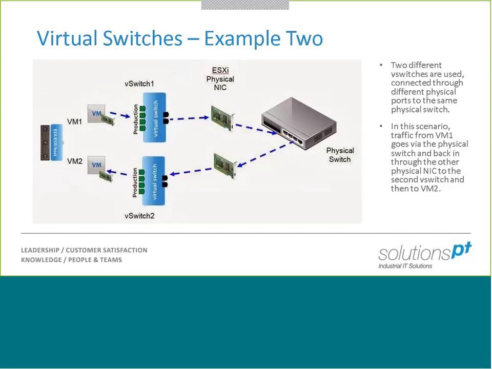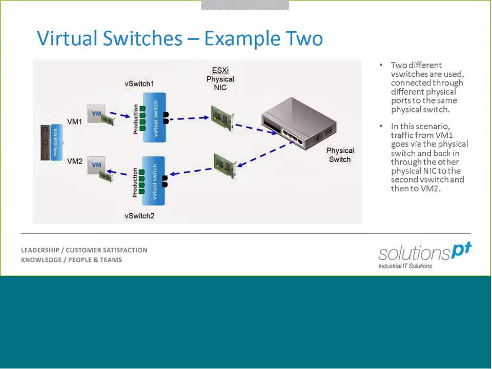So now we're going to add a little bit of complexity to it. Again, we've got VM1 and VM2. We have them in the same network still, so they're both in the same subnet, the production subnet. However, we've got them connected to two different virtual switches: vSwitch1 at the top and vSwitch2 at the bottom. Both of those vSwitches are connected to two physical ports each, which then in turn connect to a physical switch. Now, if we want to communicate between VM1 and VM2 here, then as you can see, the traffic has to leave a vSwitch, be presented onto the physical switch, and sent back through the other vSwitch.